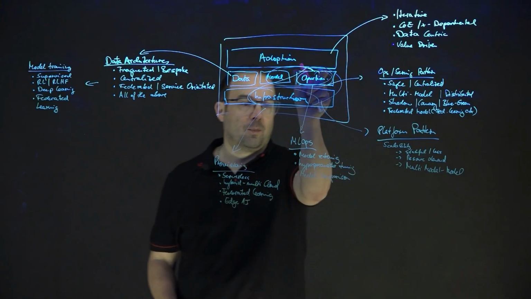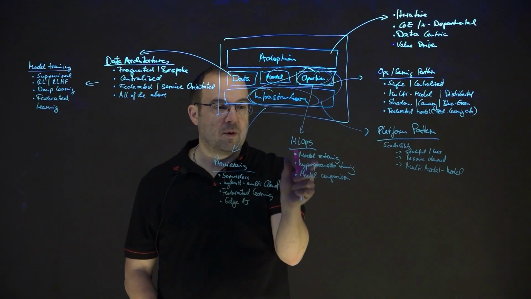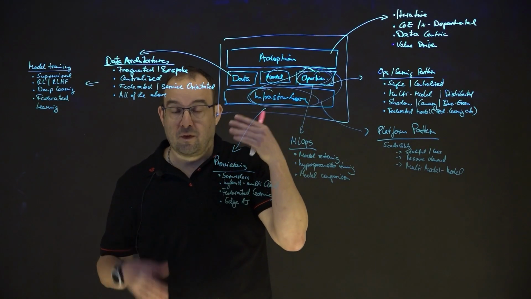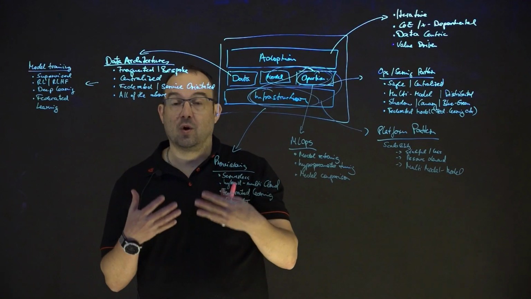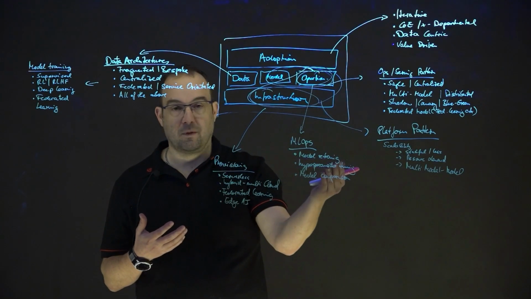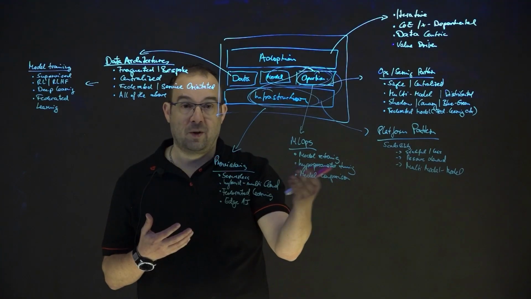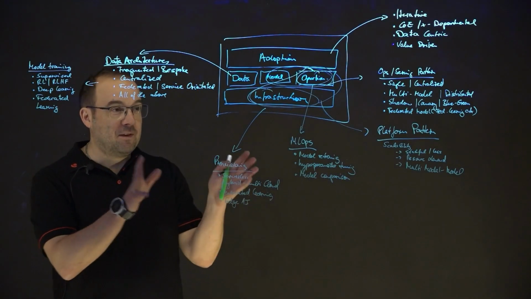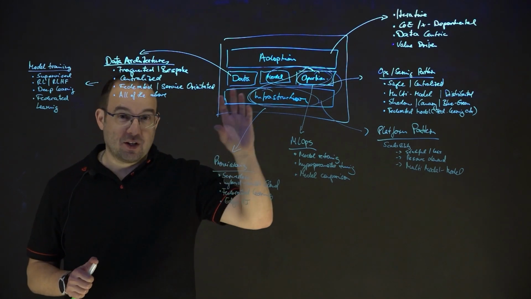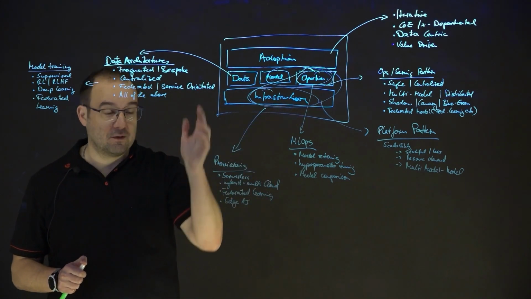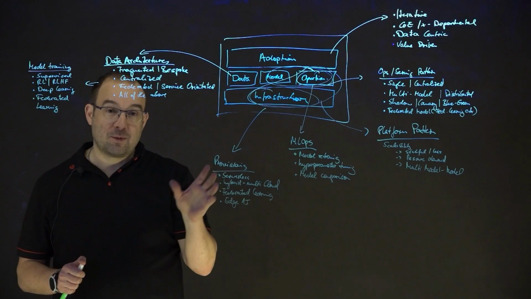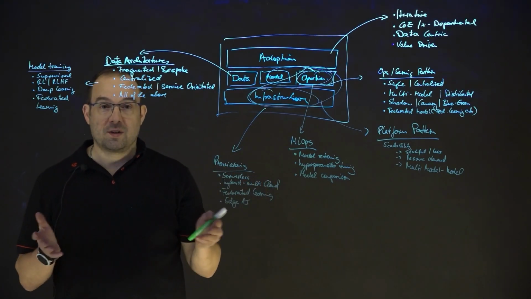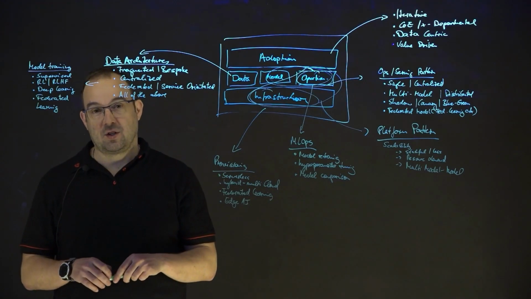Then again, in the operational space, we have MLOps patterns. This is important for focusing on the right processes and the automation of those MLOps processes, for example, for model retraining or hyperparameter tuning, or at a higher level, simply the comparison of models. If we then want to single out the infrastructure category of those patterns, then we think of things like serverless, hybrid multi-cloud infrastructure provisioning. Do we have a federated learning context, or simply multiple locations in an edge AI context?